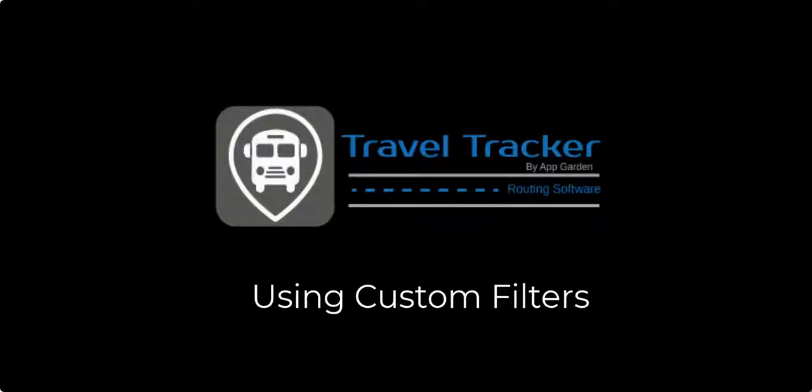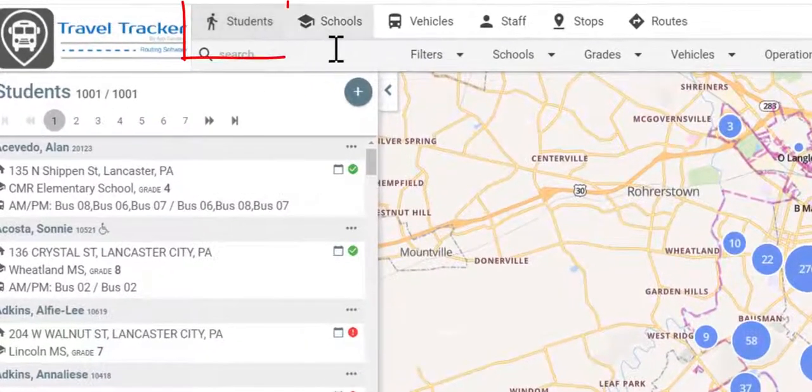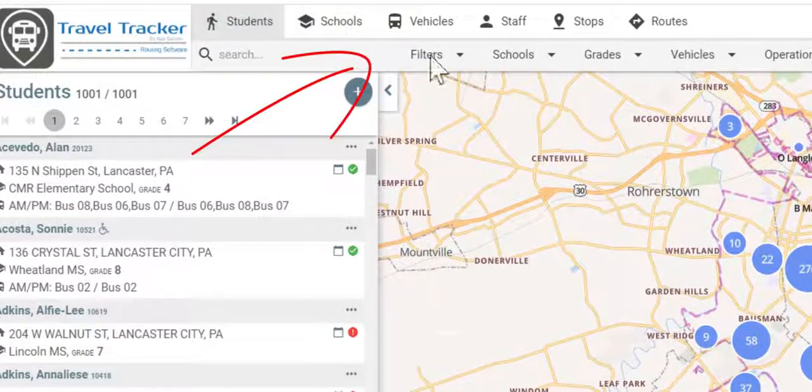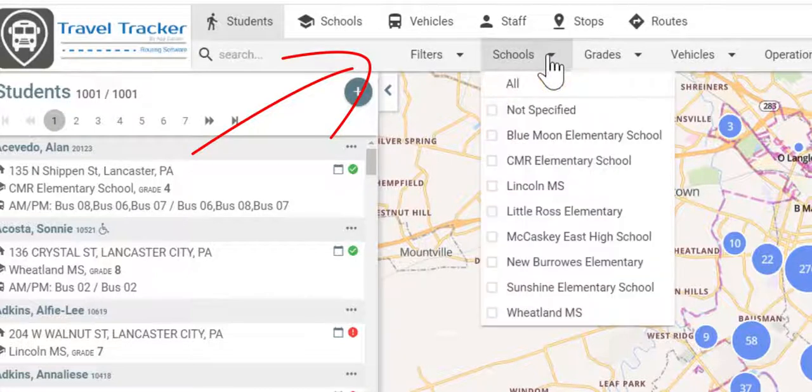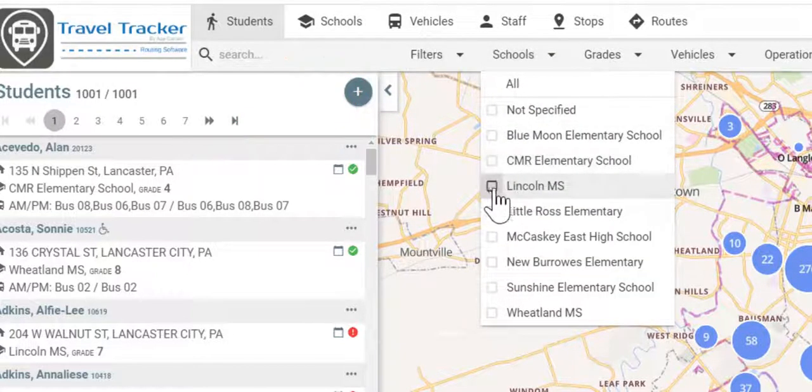Today's video will talk about creating custom filters within the Travel Tracker routing system. Many of you already know that there are built-in filters into the system for each tab. So for example, if I'm on the Students tab, we have a sub-menu bar with many filters, and those can be things like schools. So let's say, for example, if I wanted to create a filter of maybe my middle